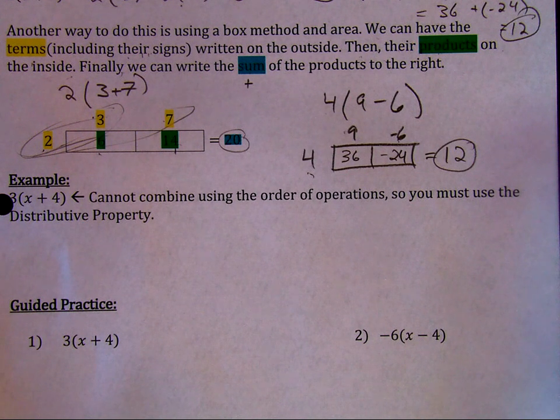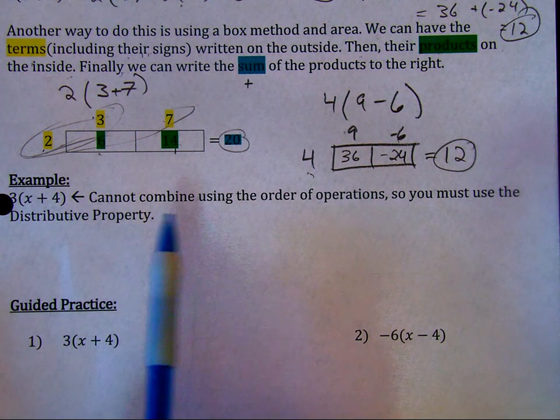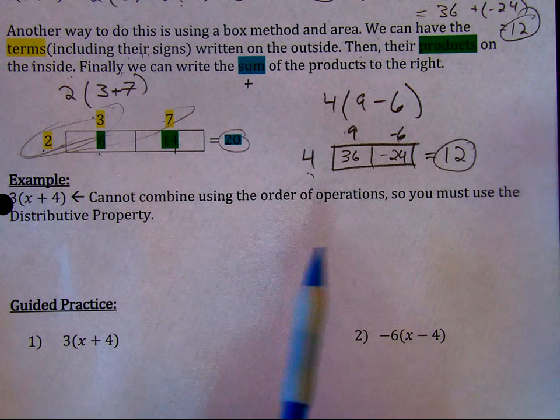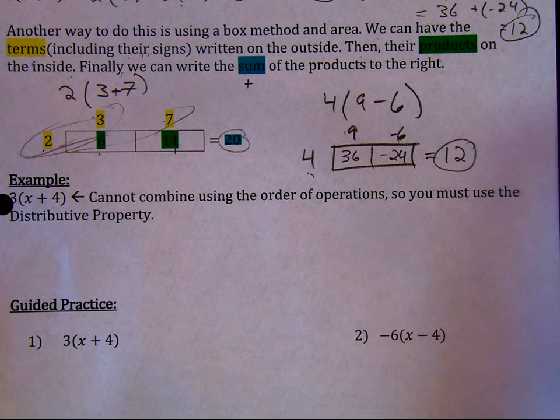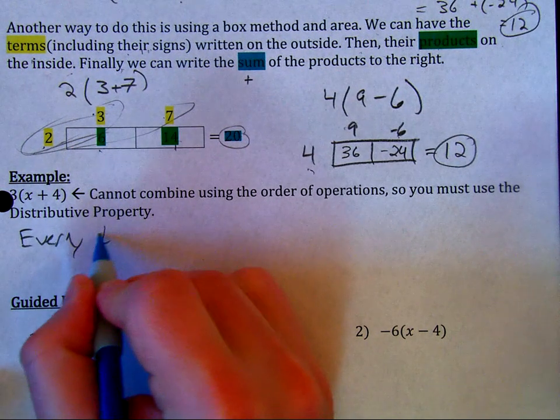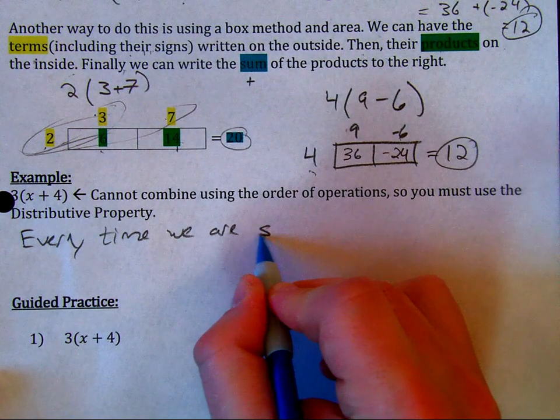Any questions so far? Again, this should be all review, but I want to make sure that we are seeing it. Okay. So now, for example, when it says 3 times quantity x plus 4, please note that you cannot use the order of operations or GEMDAS. You must be able to use the distributive property. So again, we can say this. We can say every time we are sharing or showing